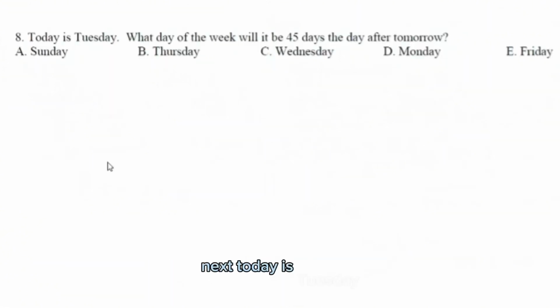Next, today is Tuesday. What day of the week will it be 45 days the day after tomorrow. Alright, so this problem might seem confusing. That's because it is. This problem is actually worded wrong. They made a mistake while typing this out. It's supposed to be, what day of the week will it be 45 days after the day after tomorrow? So let's just insert an "after"